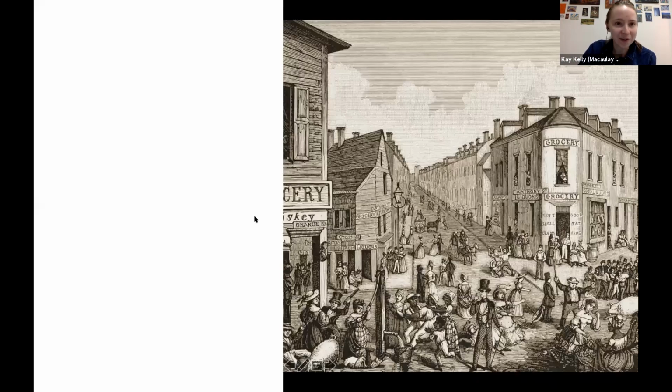Here we start with an engraving of the Five Points. If any of you have seen the Scorsese movie, Gangs of New York, this is a notorious place, the lower Manhattan neighborhood that became synonymous with the word slum in 20th century New York. It epitomized the state of urban immigrant life in America: extreme poverty, disease, both as a consequence of urban overcrowding and also the health consequences of the Irish escaping the Great Famine of the